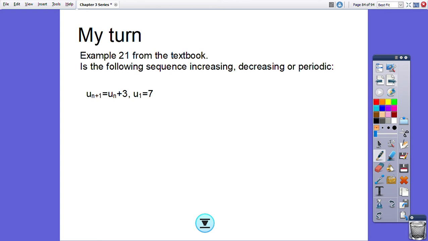So we start, it says u_1 is 7. So we start off with that. And then the next term, which is u_2. So 7, 10, 13, 16, dot, dot, dot,